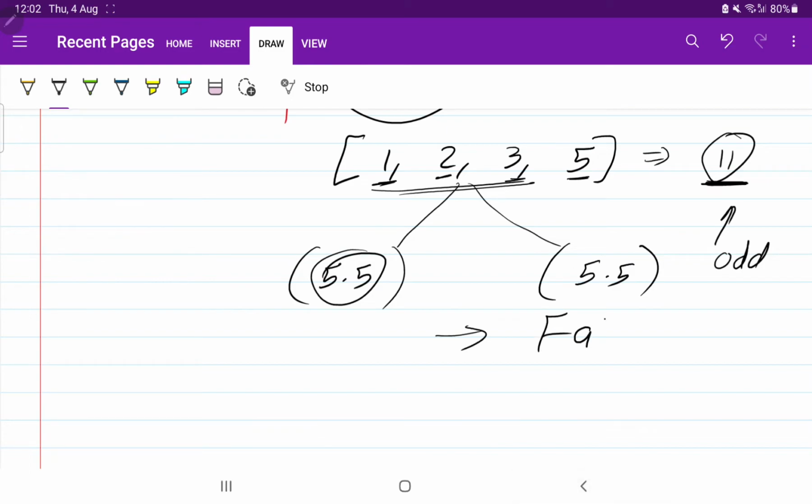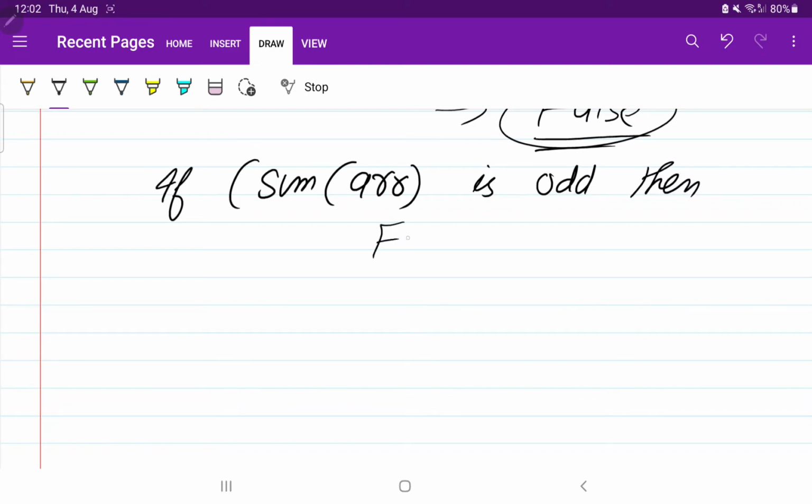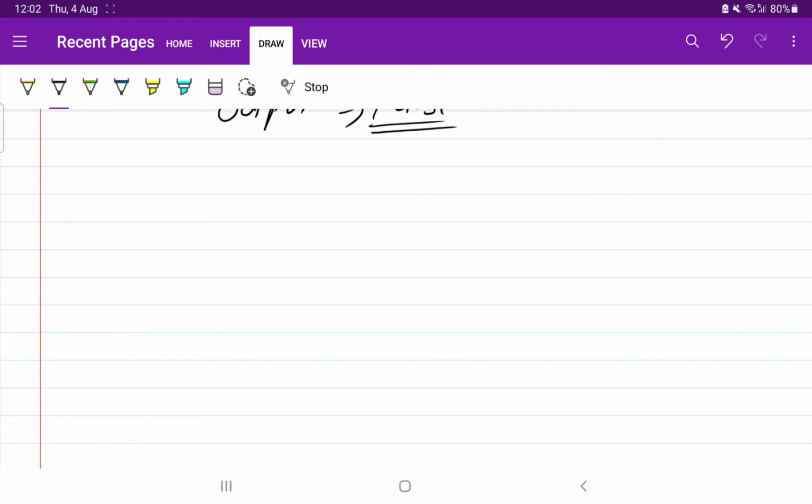So the answer will be false. One thing is clear: if the sum of the array is odd, we get no solution, so the output will be false.